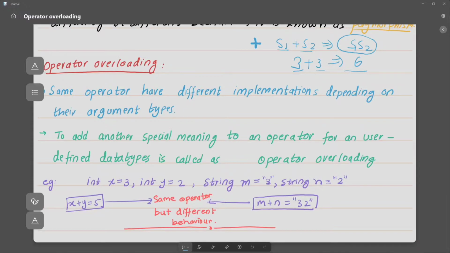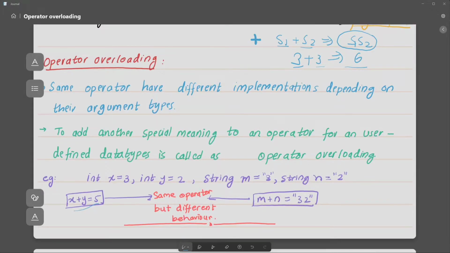So what is operator overloading? For data types that are created by us, that is class and object kind of things, if we are assigning another meaning to an existing operator, then we can say that is operator overloading. I have given the same example here, x plus y equals 5 in this case, and here m plus n equals 32, though both are the same operator. Here it is strings and here it is numerals.